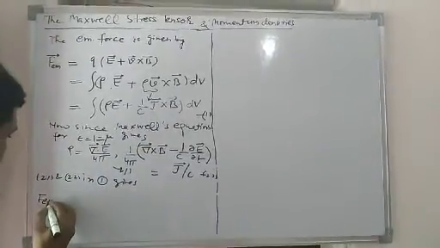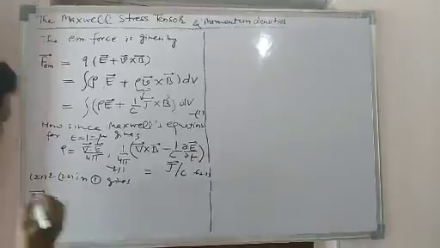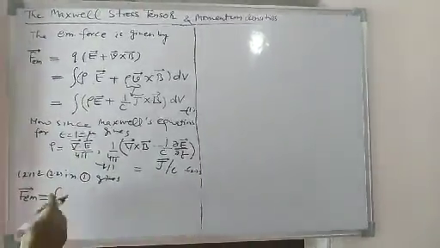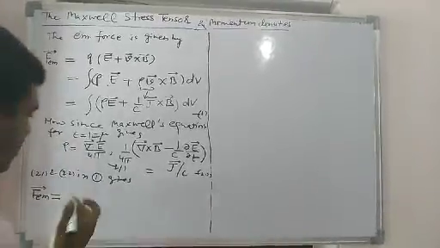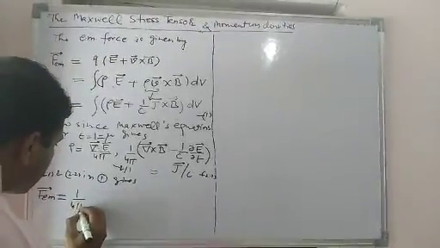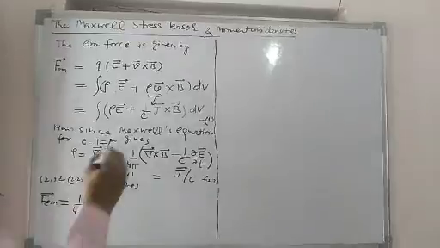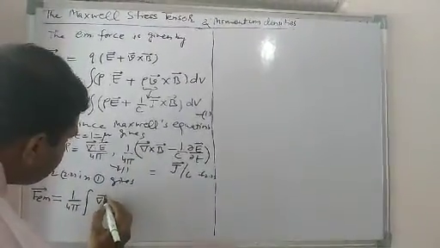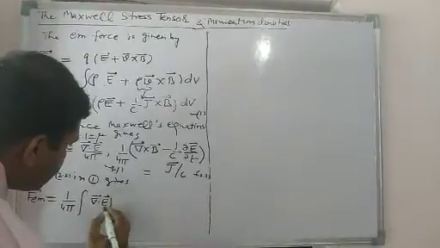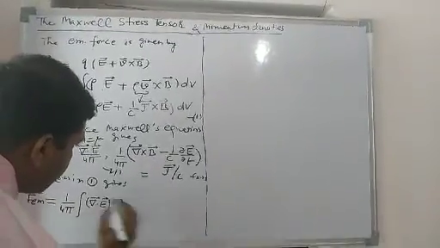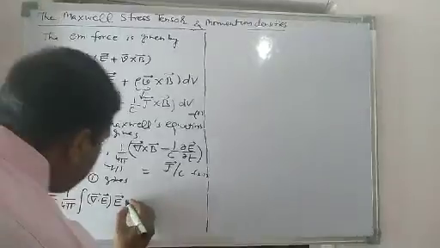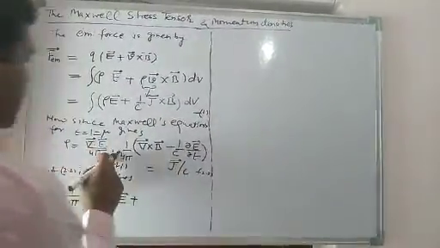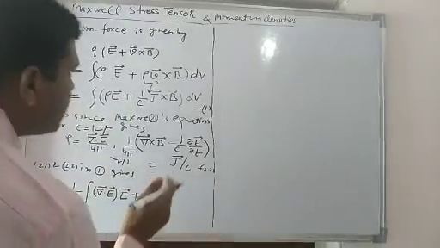We will have the electromagnetic force equal to the integration of 1 over 4 pi, with the divergence of E times the E vector, plus J by C cross B, which is 1 over 4 pi, which is out, times